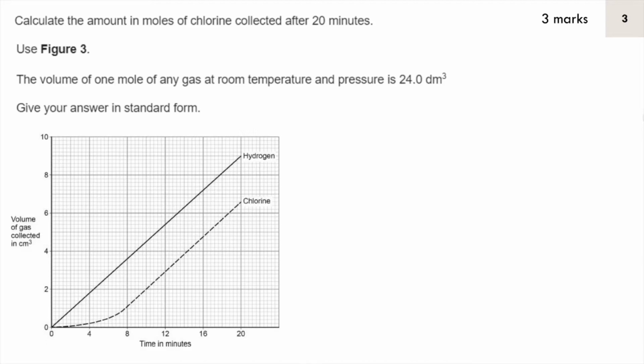Here's question 3. Pause the video, replay when you're ready. So we want to know the number of moles of chlorine collected after 20 minutes. So what we can do is read the graph up from 20 minutes, read across on the chlorine line and find out the volume of gas of chlorine collected. So if we read up from 20 minutes, and we hit the chlorine line right here, and then read across, and we get a volume of 6.6 centimeters cubed. So the volume,